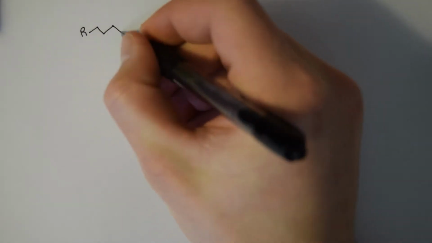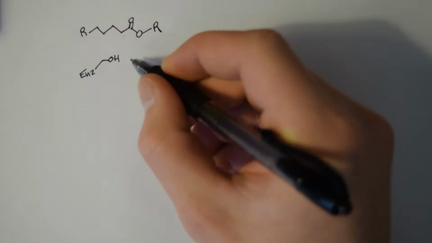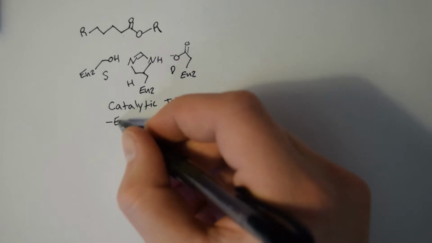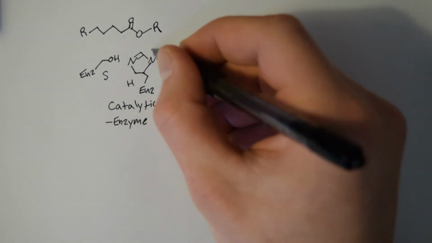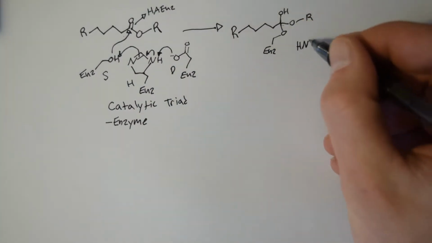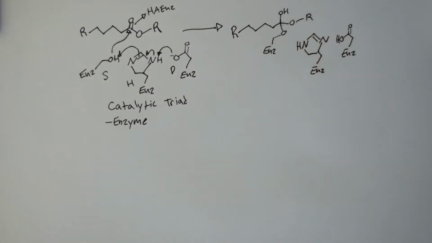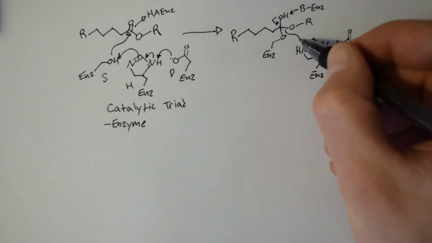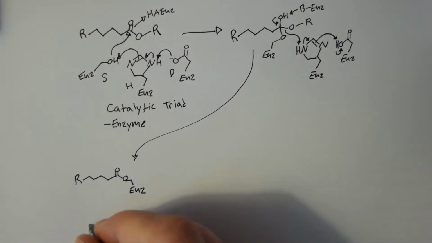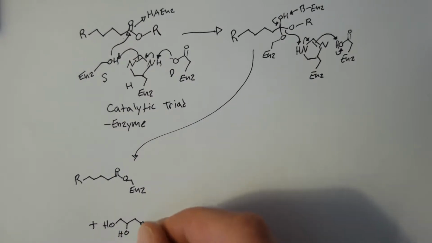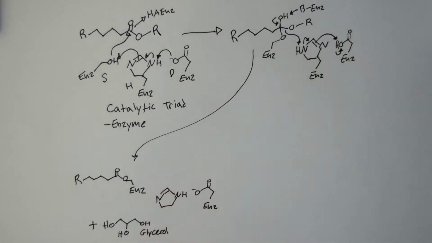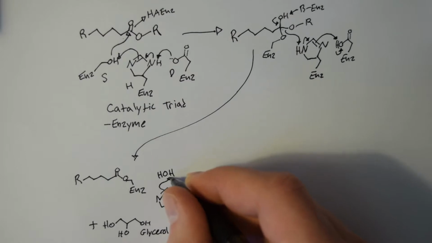The lipase that is going to break up the triglyceride has three amino acids, serine, histidine, and aspartic acid, the catalytic triad, that shuffle a proton around and separate the glycerol from the fatty acid carboxylate. Next, the catalytic triad add a water and kick off the serine part of the catalytic triad,